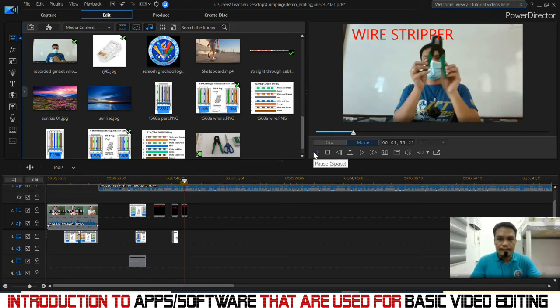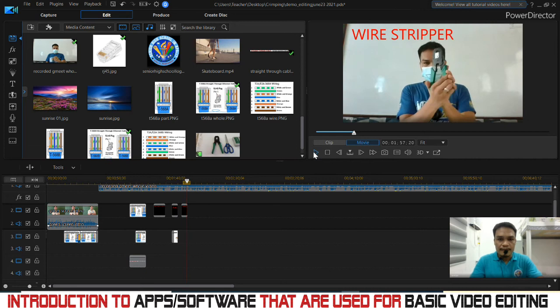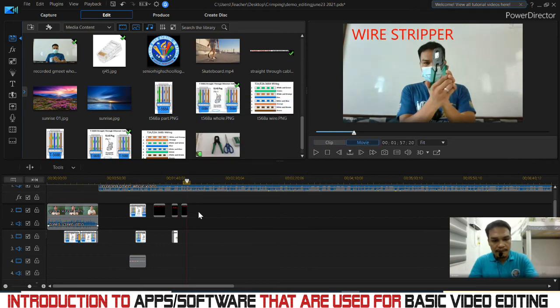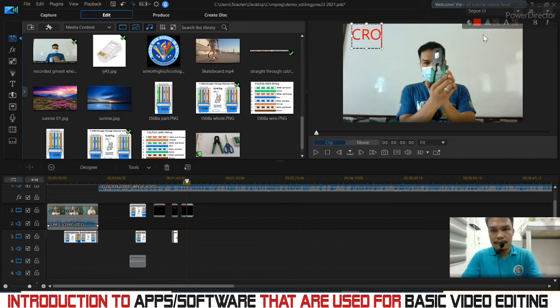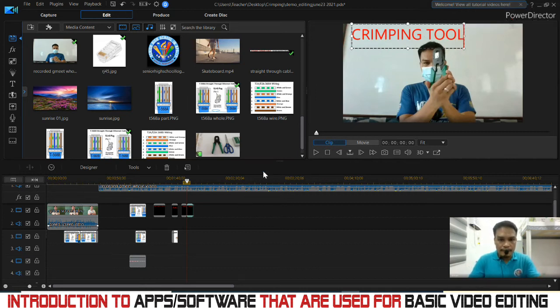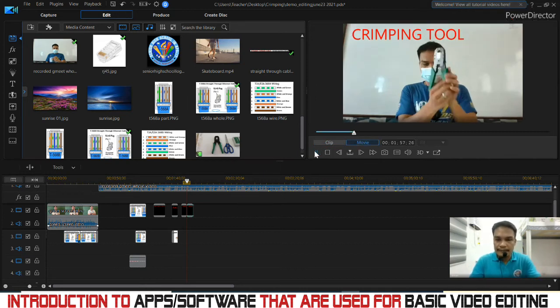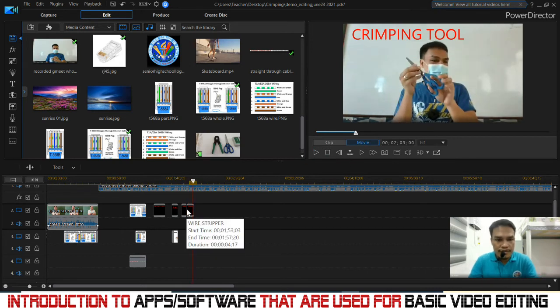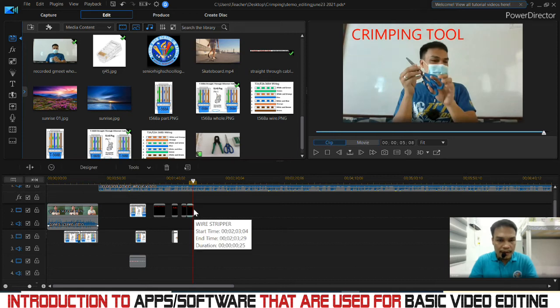Kailangan natin ng crimping tool. So, we have crimping tool. So, again, copy-paste lang natin to. Copy. Paste, insert. So, I'll just rename this one into crimping tool. Play. Then, kailangan natin minsan ng extra scissor or pair of scissors. So, liliitan lang po natin itong